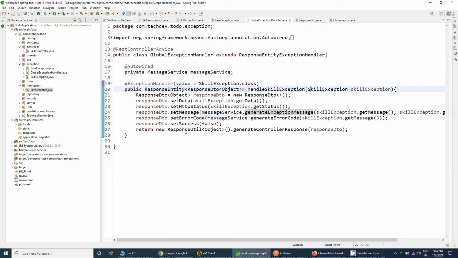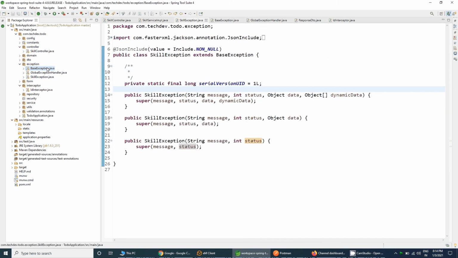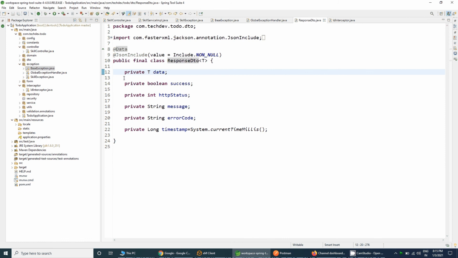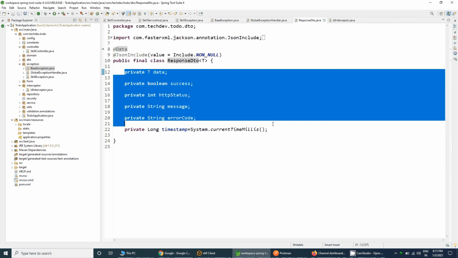So what I did actually, as I already explained, our skill exception is extending the base exception, and base exception class is containing all the final fields which are passed through the constructor, that is message, status, timestamp, data, and dynamic data, which are already the response DTO fields.